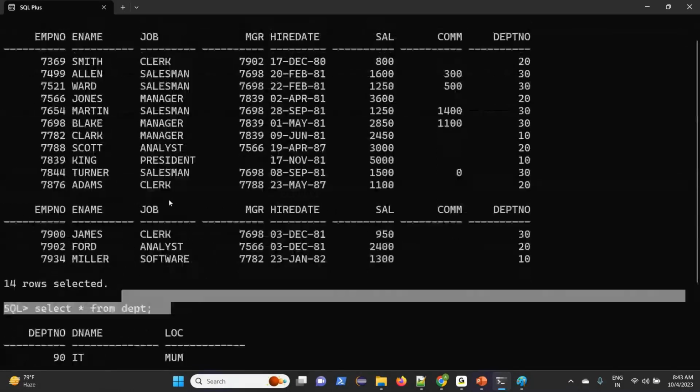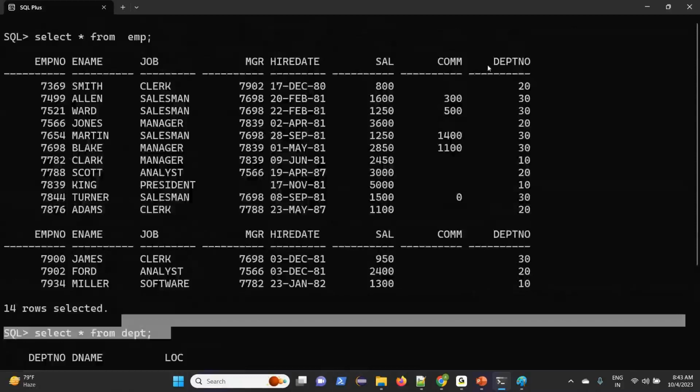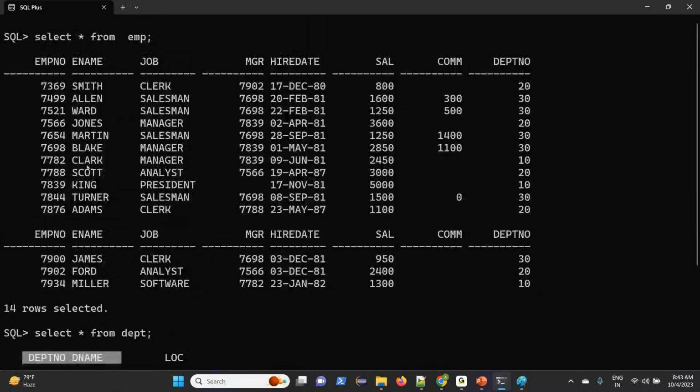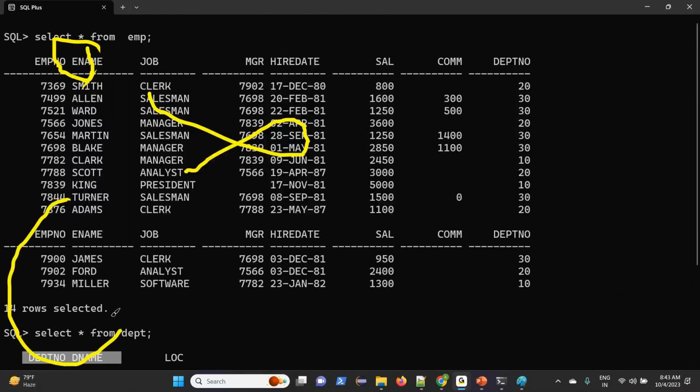Now what is the common column here? Department number and department number. What is my question? I want employee name and location. Employee name is available, but there is no location column here, so you need to go to the second table. Yes, the department table has location. So we identified the employee and department tables.